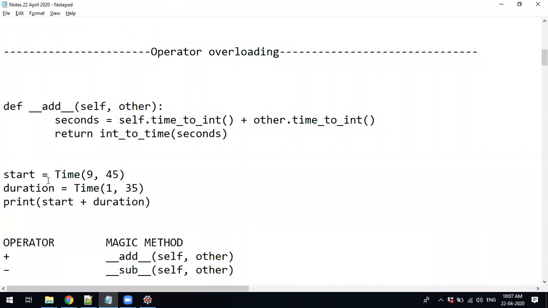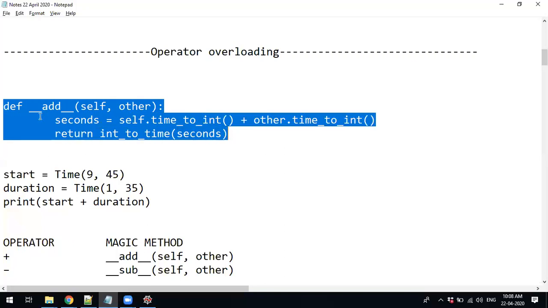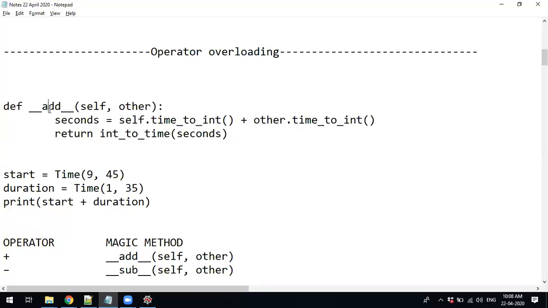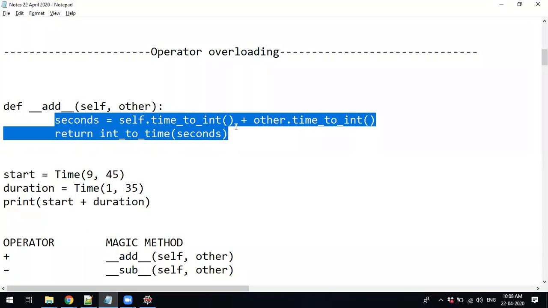You want to add them and print. In that case, if you write this function, def underscore underscore add underscore underscore with self and other, the control goes directly from this line to this function. The compiler will enter this, and whatever you write inside it is going to be implemented.